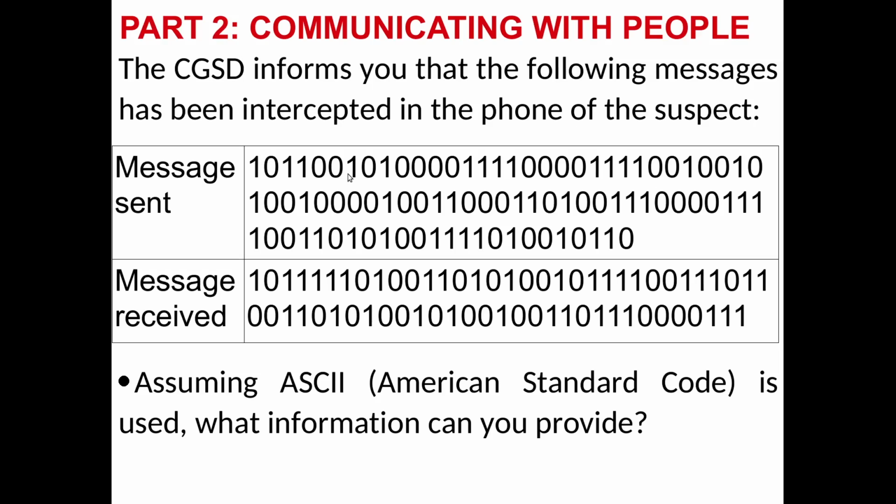The message will be a sequence of 0 and 1 bits like this, and the message received from outside will be another sequence of 0 and 1 like this. We assume that the messages are sent and received in ASCII, the American Standard Code for Information Interchange. So the question for you is, what information can you provide from this message sent and received?